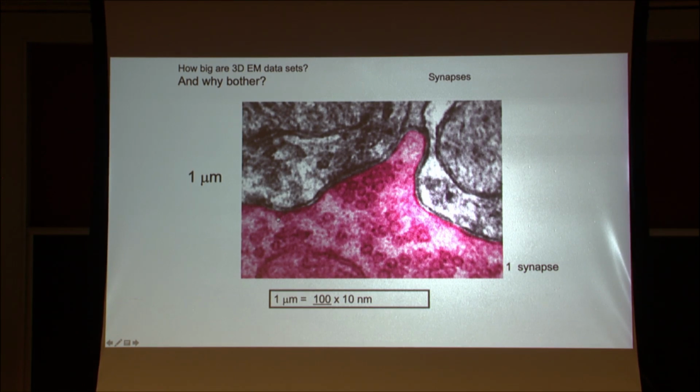And if we want to study individual neurons, then neurons are 100 microns around, circuits are order a millimeter, brains are big. If we want to study small things and over multiple orders of magnitude, you need to collect a lot of data.